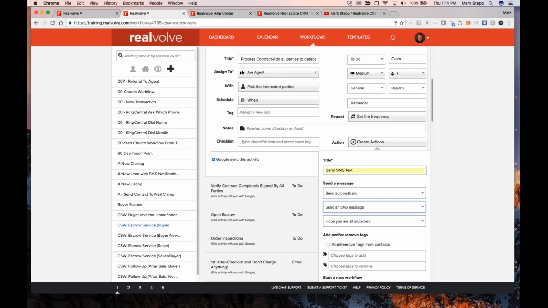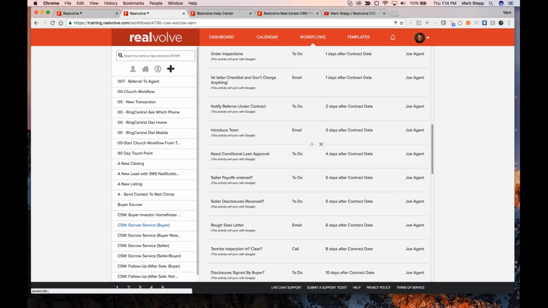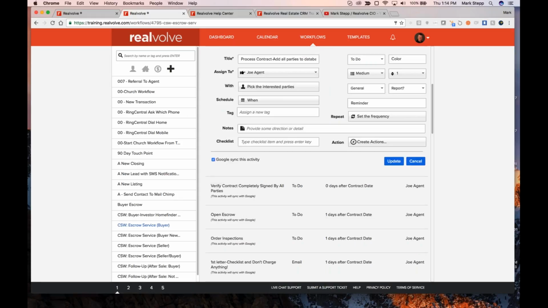You can choose send SMS text, and then pick one of your templates, and that way it goes out. I would have one for that introduction that I was just talking about, so that you don't have to explain through just a phone call what you need to do, and you can send them a text that has that detailed information. So I hope that